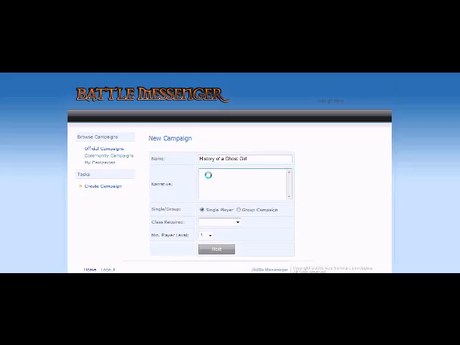And in the little brief description, we'll just put Battle a Ghost Girl. And of course you can go into as much detail as you want here. I'm just keeping it simple for the purpose of this demo. And at this point you can select, is this going to be a single player campaign, or do you want to make it harder to where a group of players is required to complete the battle? We'll just keep it as a single player for now. We can also make it class specific if we want to, or just leave it open to everybody. And a minimum player level, let's say level 2 should be fine. We'll hit next,